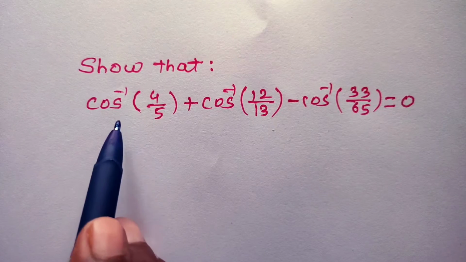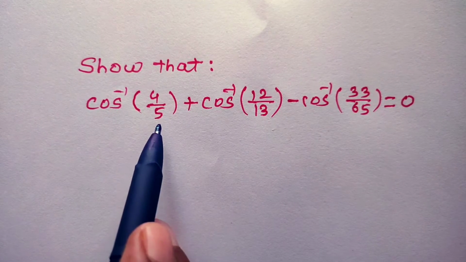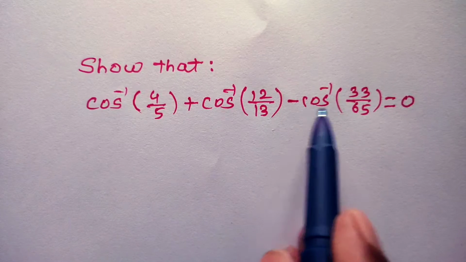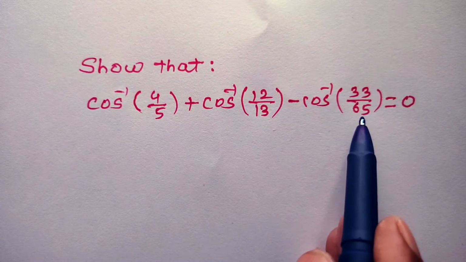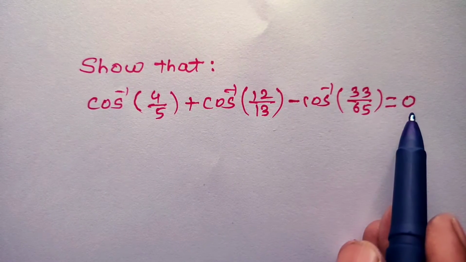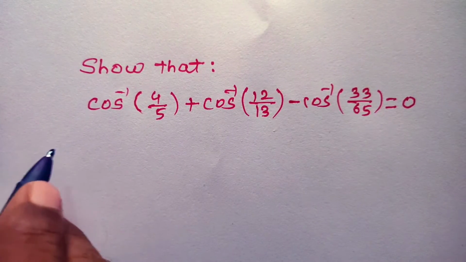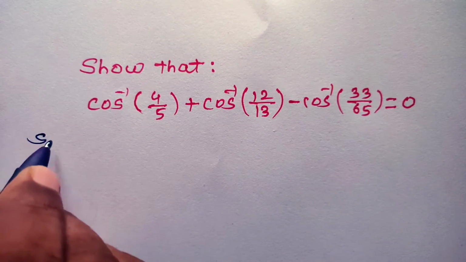Show that cos inverse of 4/5 plus cos inverse of 12/13 minus cos inverse of 33/65 is equal to 0. Let us solve this equation. Solution: